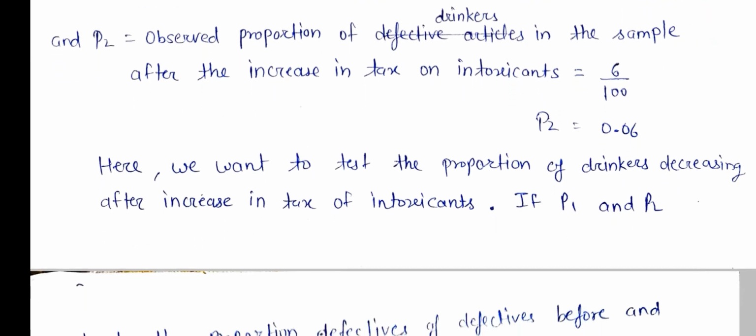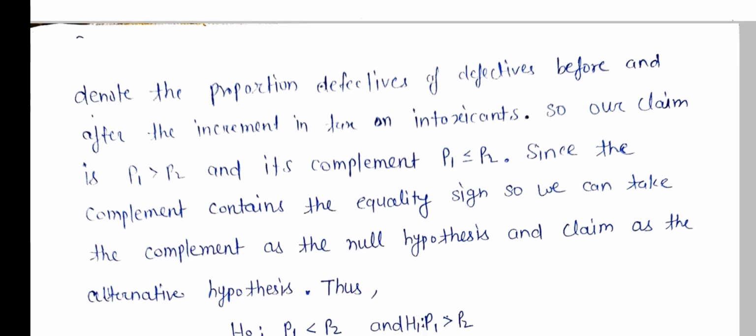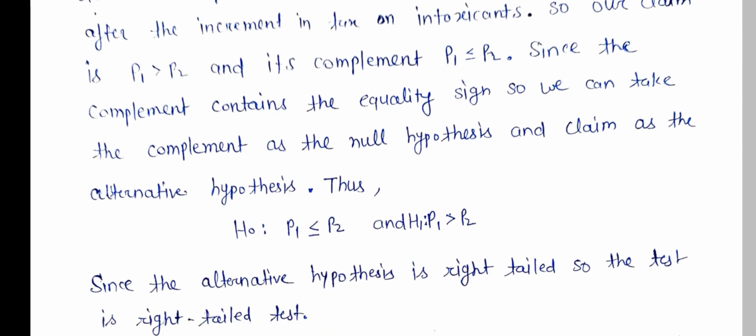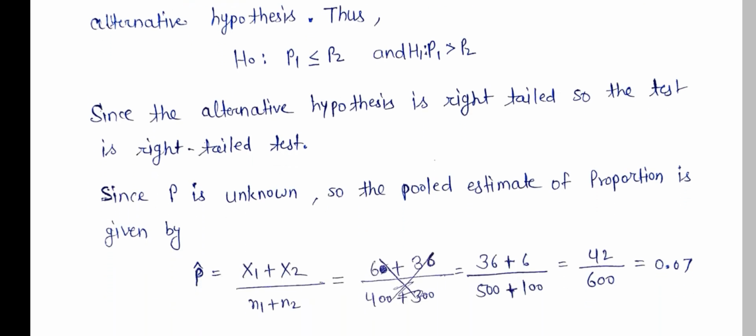Here we want to test whether the proportion of drinkers decreased after the tax on intoxicants increased. So our claim is p1 is greater than p2, and the complement is p1 is less than or equal to p2. Since the complement contains the equality sign, we have the null hypothesis and the alternate hypothesis, and this is a right tail test, because there is only one